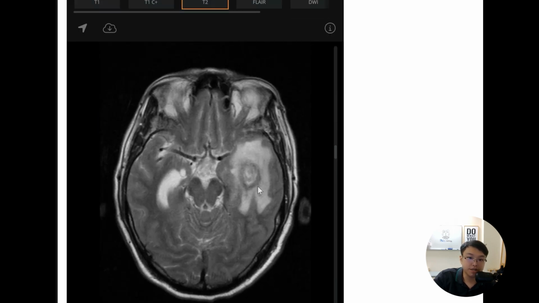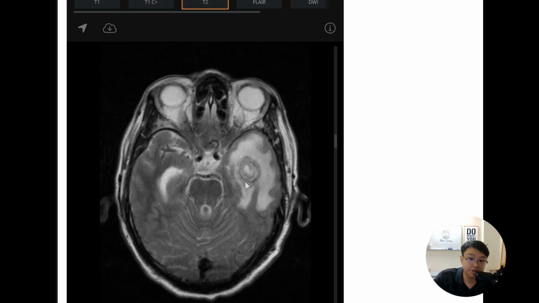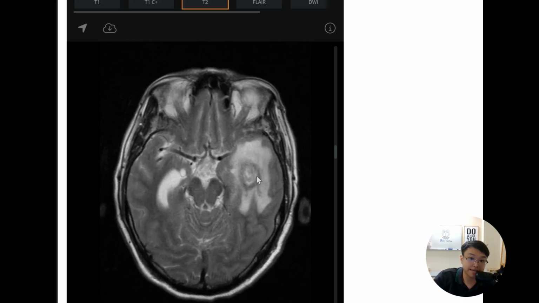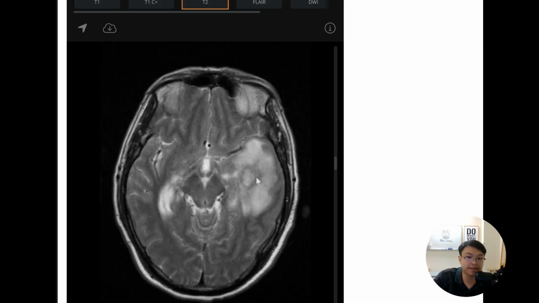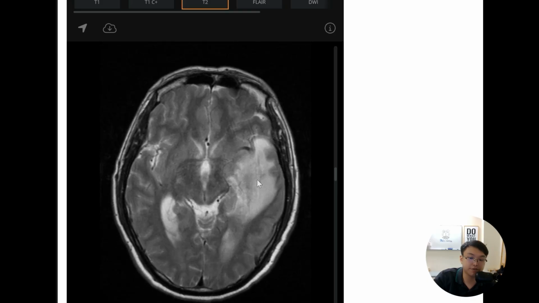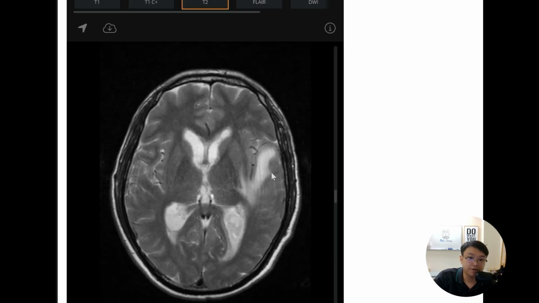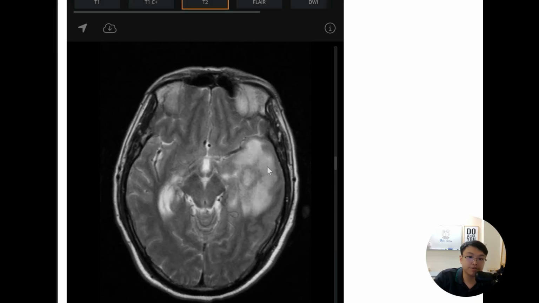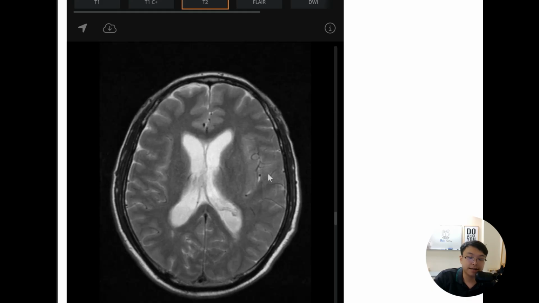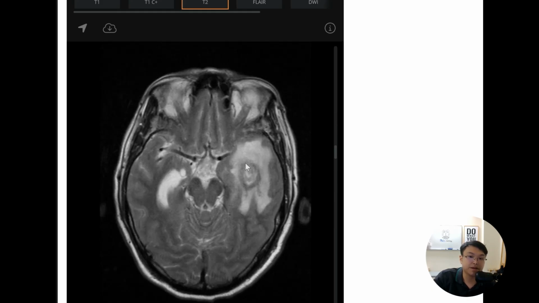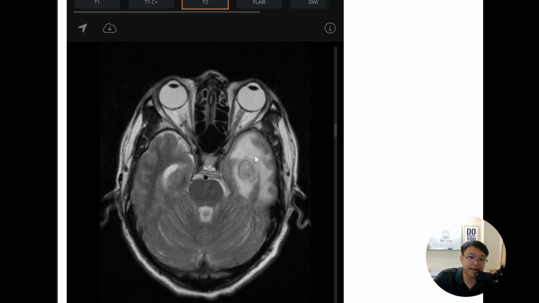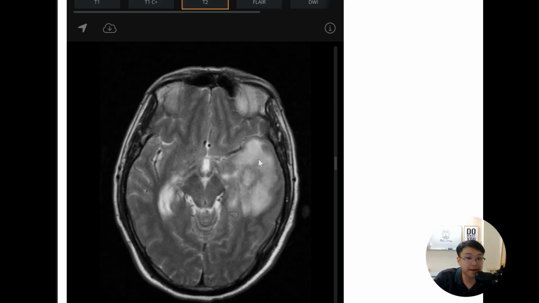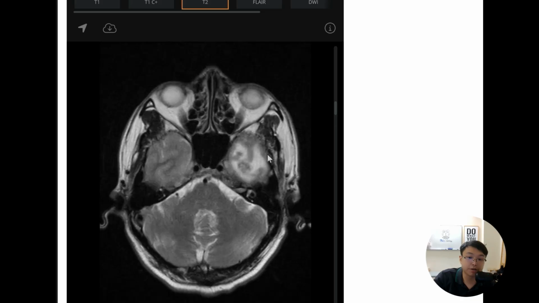How about T2? T2, of course, we can appreciate the T2 hyperintense ring, okay, corresponding to the paramagnetic substance from neutrophil that I've just mentioned, okay, and of course it is a good sequence for us to further delineate where this is an edema from which is vasogenic in nature. Of course, it's vasogenic because it is expanding and also occupying the white matter but sparing the overlying gray matter,